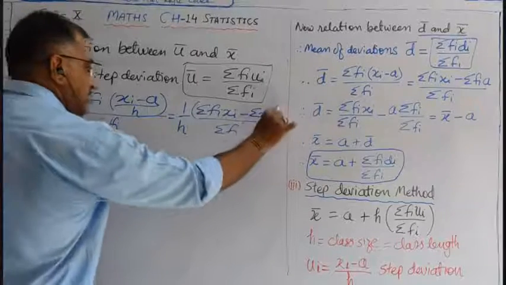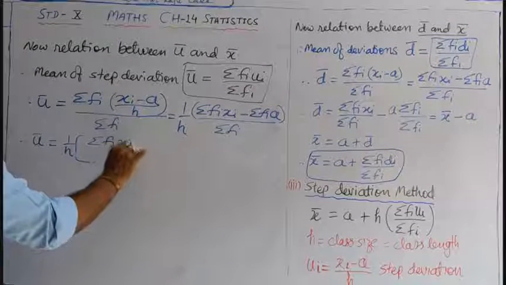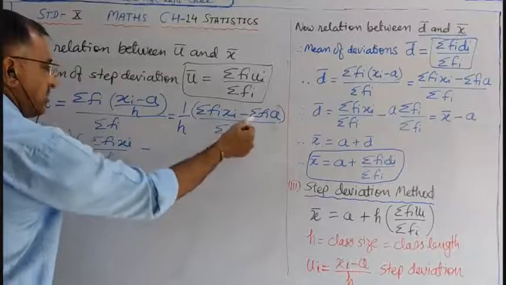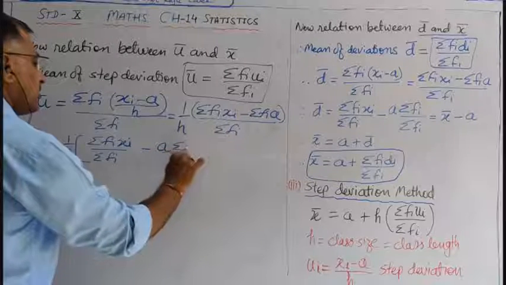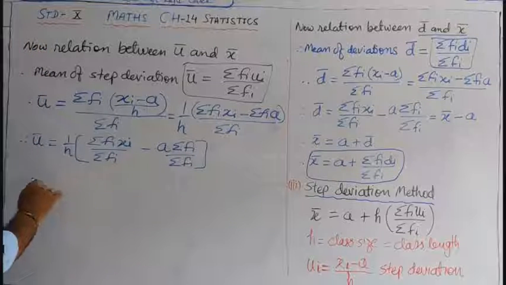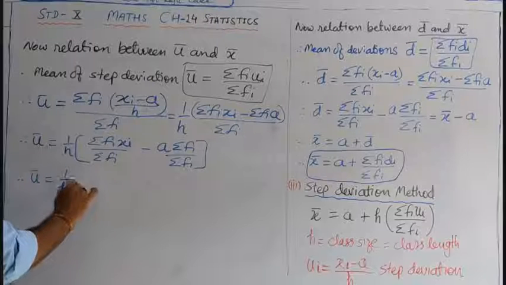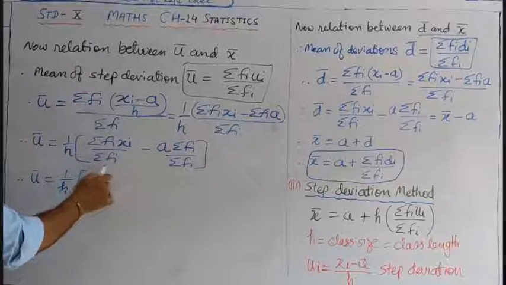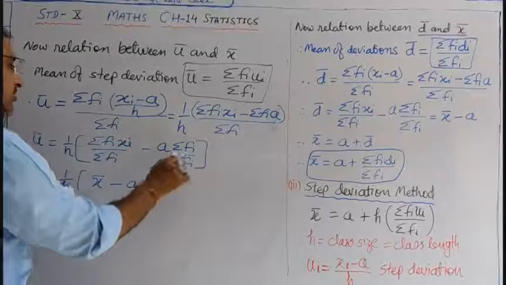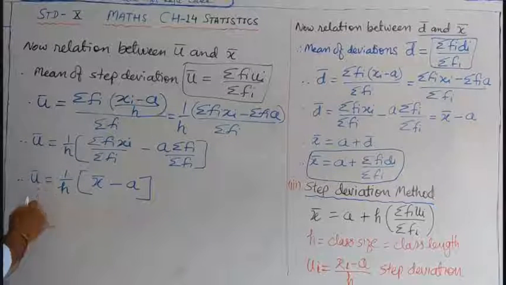multiplied by, here you can see sigma fi xi divided by sigma fi minus, here sigma fi upon sigma fi and a is common, constant. So sigma fi upon sigma fi. So now therefore u bar is equal to 1 upon h, in bracket here sigma fi xi upon sigma fi, that is called mean x bar, and here a multiplied by 1. So we got this, and now simplifying this, what shall we do? H multiplied by